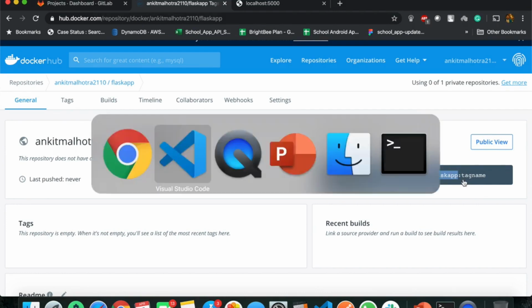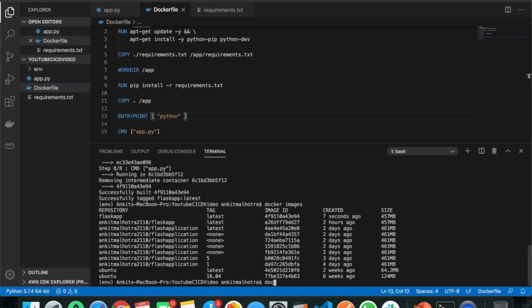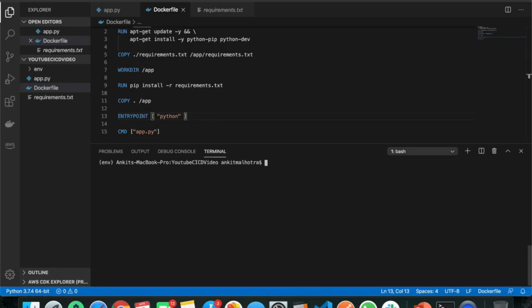Pick this namespace and we will tag our image to this namespace. So first let's log in to Docker. You can use this command to log in to your Docker account. Enter your password. Once the login is done, you will tag your image: docker tag flask app to